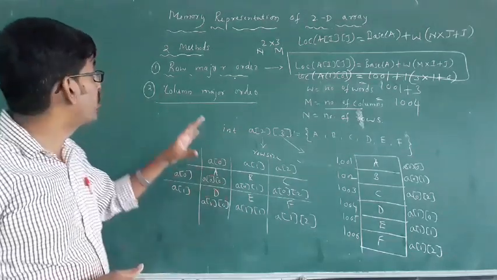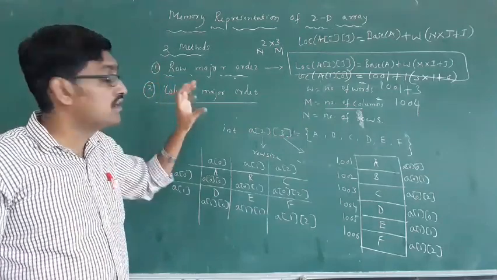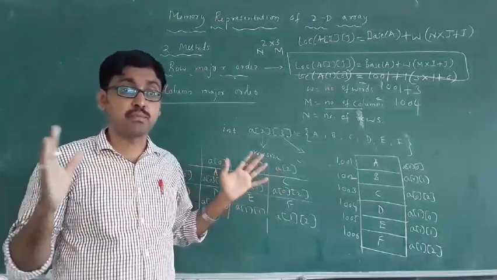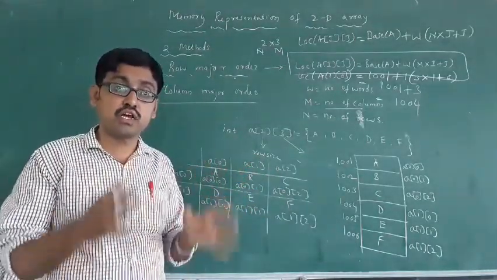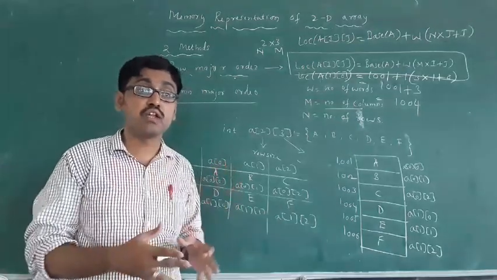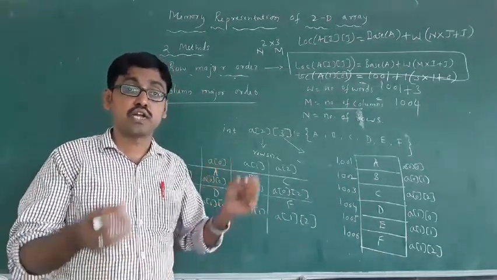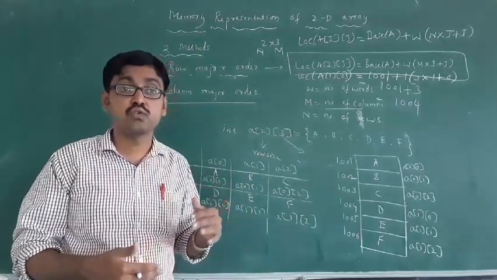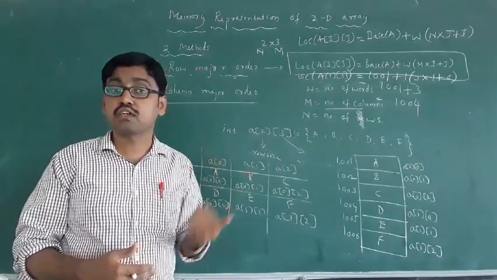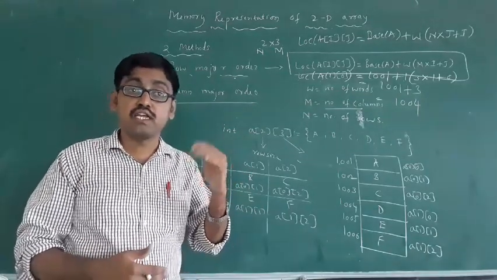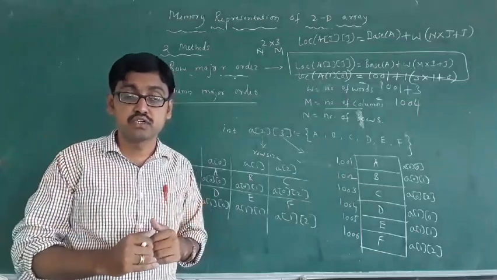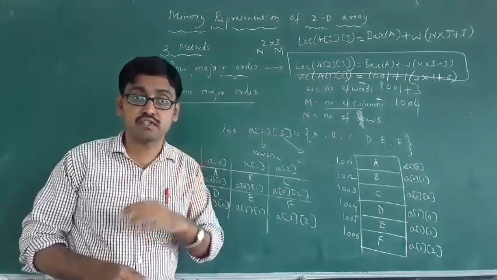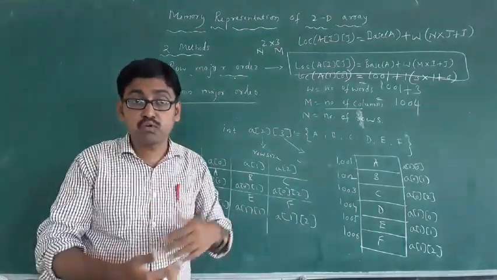You have to remember this: the two methods we have are row major order and column major order. This is about array, complete about array. Almost all the questions are asked from array only. Which questions are they asking you? Data structure, then types of data structure. In types of data structure they ask about non-primitive data structure. In non-primitive data structure, you have linear data structure, then non-linear data structure. In linear data structure you have to study about array. The best example for linear data structure is array. In array you have to study about algorithms.